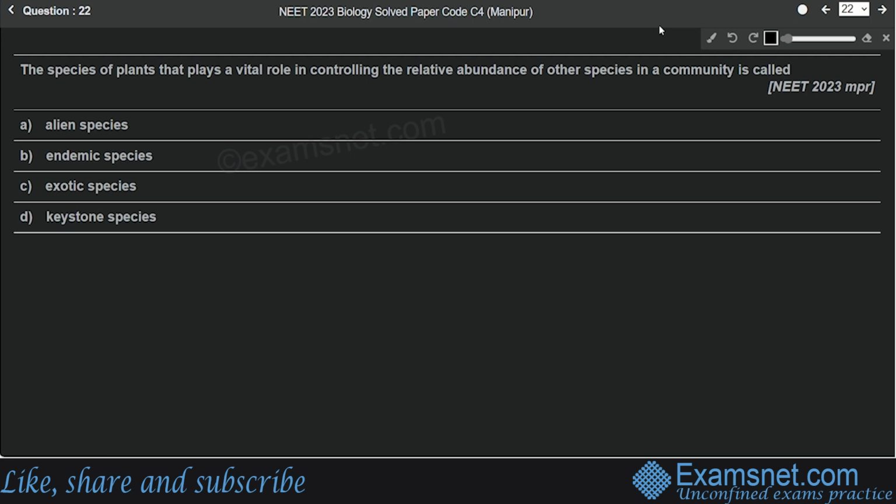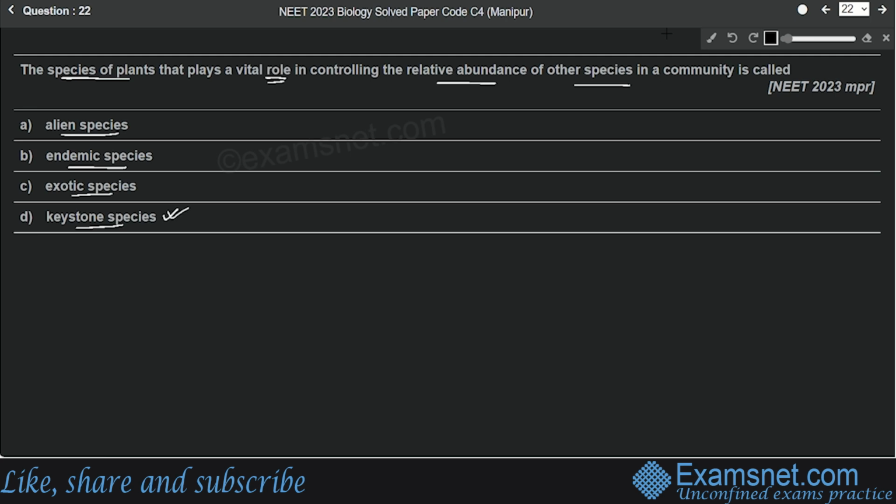Question number 22 is from the chapter Biodiversity and Conservation, and the question is the species of plants that plays a vital role in controlling the relative abundance of other species in a community is called. Options are alien species, endemic species, exotic species and keystone species. So the correct answer is